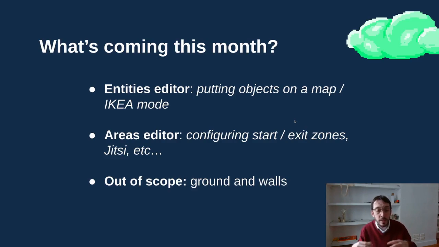This month, in February, we are going to release a first version of the map editor that contains only objects. So it will be an object editor. You will be able to place entities. When I say entities, I mean furniture on a map. So it's kind of an IKEA mode where you can put a chair, a table, a painting, whatever, on your map. And if we are good enough, we will also be releasing the areas editor that will allow you to put start and exit zones, Jitsi meeting rooms on your map directly by drawing a square and